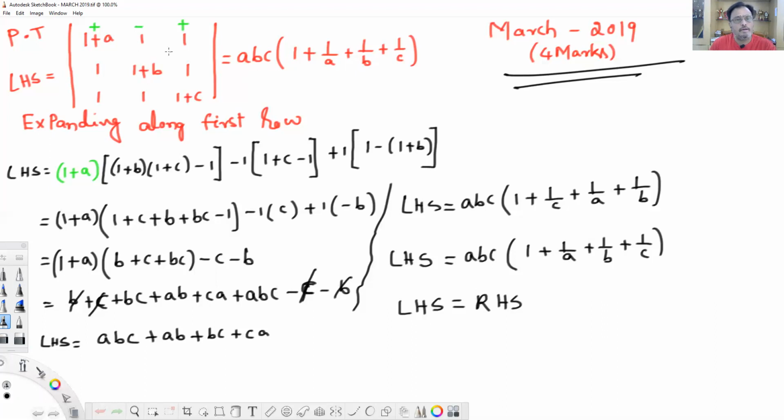Here we can do it like this also. There are 1s here, here also 1. How many elements 1 are there? 1, 2, 3, 4, 5, 6. If you do any two operations, at least 2 elements will become 0. But I feel multiplication with 1 is also very easy. So in this method I have not applied any operations directly.